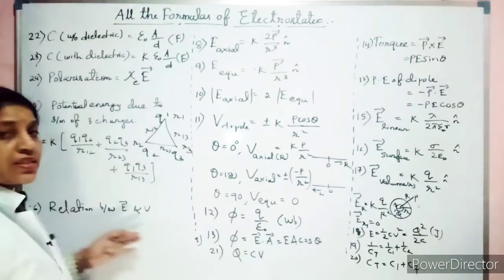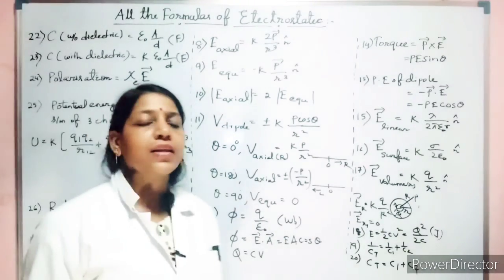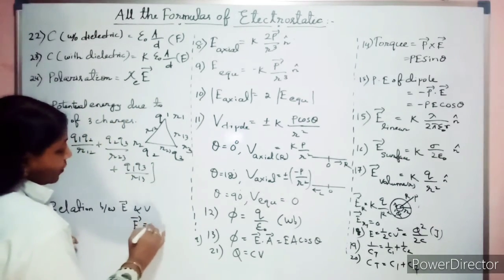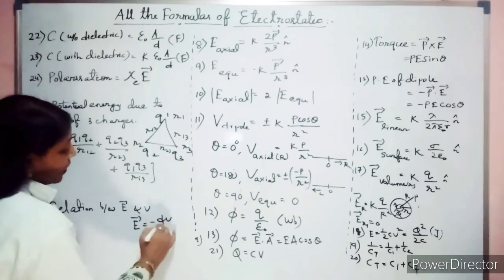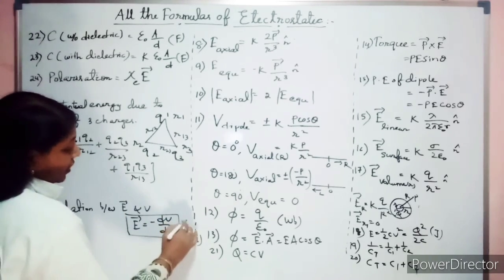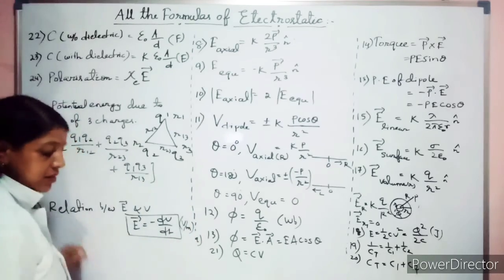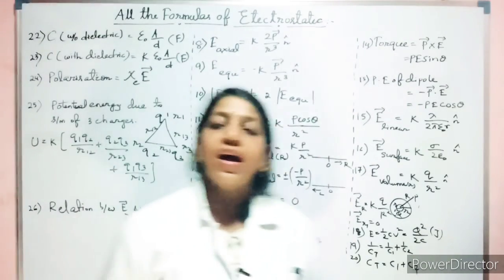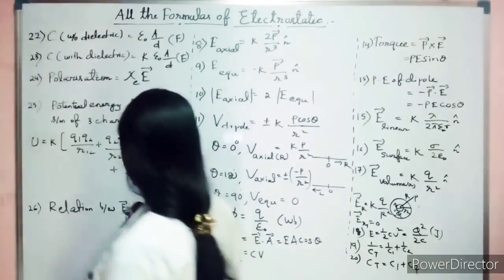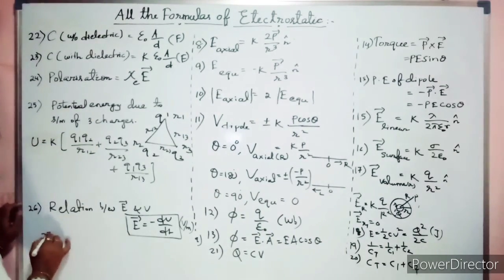Okay. Now what is the relationship between the electric field and the potential? The electric field is always the negative of the potential gradient. So E equals minus dV by dx. Hence another unit of electric field is volt per meter, whereas we used another unit earlier. That I forgot to inform you. Very good, E equal to